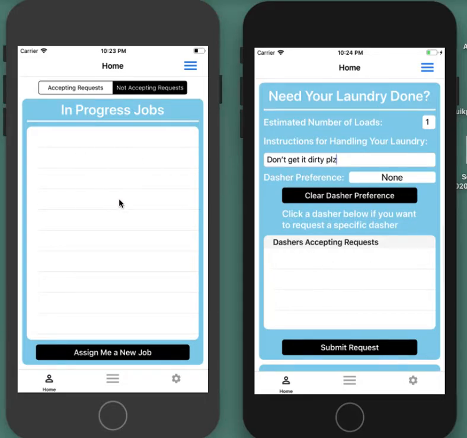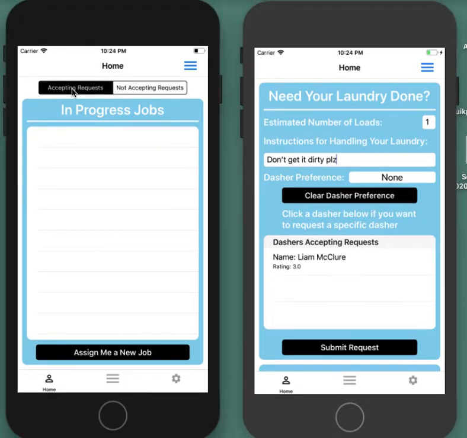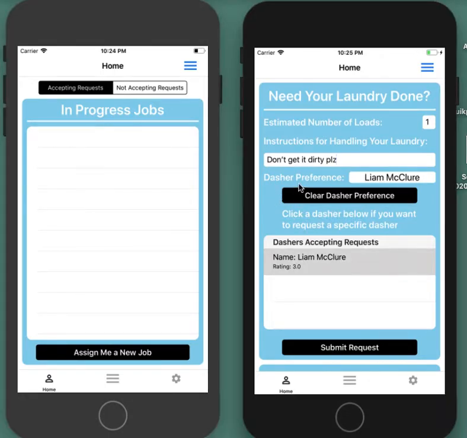However, if we go over to the dasher homepage on the left here and change the mode from not accepting requests, which is what it currently is, to accepting requests, you'll see on the customer homepage over here that now this dasher is accepting requests, the dasher's name and rating is shown here. So if we click this dasher like this, you'll see that the dasher preference is now set to this. And so if we submit the request,